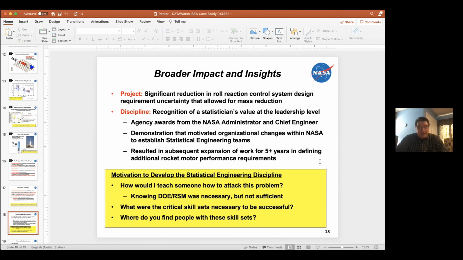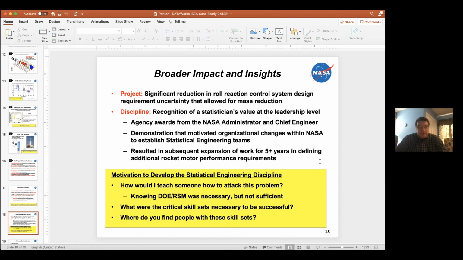I'm honored and humbled by that fact, but I think that recognized and elevated the types of tools and, more importantly, the approach of how to solve these kinds of problems. It resulted in organizational changes at NASA to establish statistical engineering teams, and that impact continues to this day. It resulted in subsequent work for about 5 years afterwards to develop and define additional rocket motor performance requirements using these techniques. And I think for me personally, this was a huge motivation for developing and focusing on the